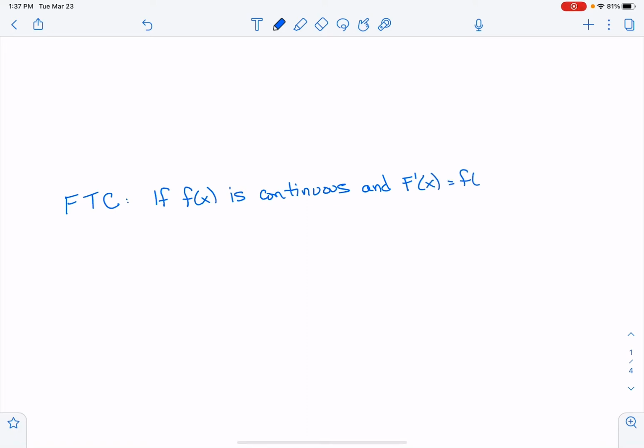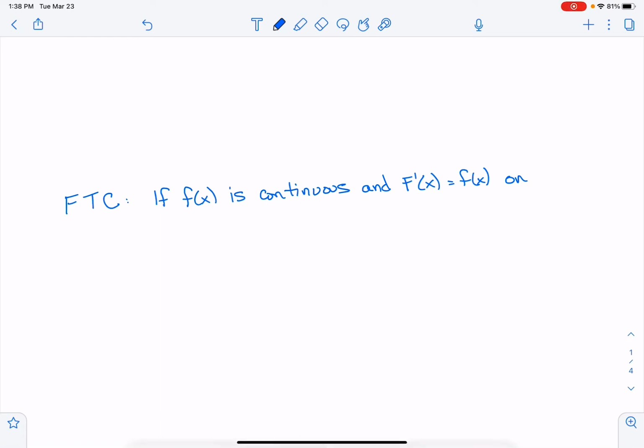In single variable calculus, we often evaluate integrals using the fundamental theorem of calculus. So the fundamental theorem says that if f of x is a continuous function and there exists an antiderivative, we'll call that capital F of x, so that the derivative of capital F is little f